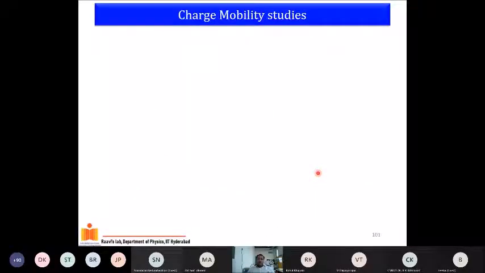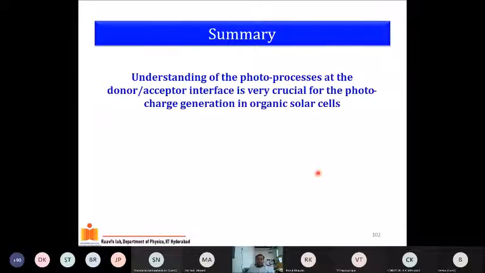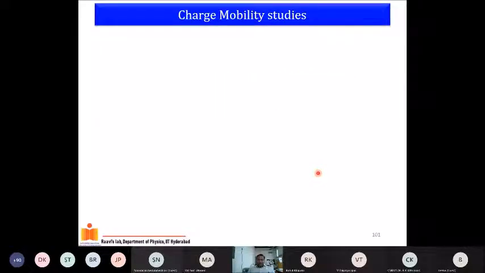So this is a point here, and charge mobility studies I am not presenting at all because that would be somehow integrated to the next talk, which is the simulation which is happening in the afternoon. Okay, so this talk should lead to the next one, and that's why I just put this slide to say that charge mobility studies is also very important, and one needs to look at various ways to understand how the mobility of the carriers is changing with respect to your material system.